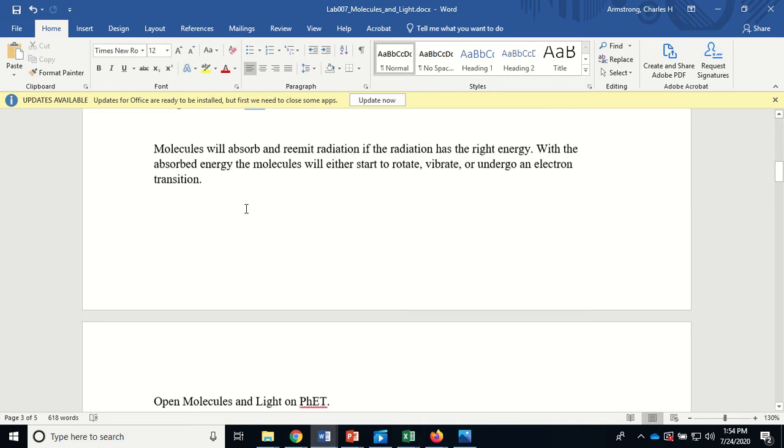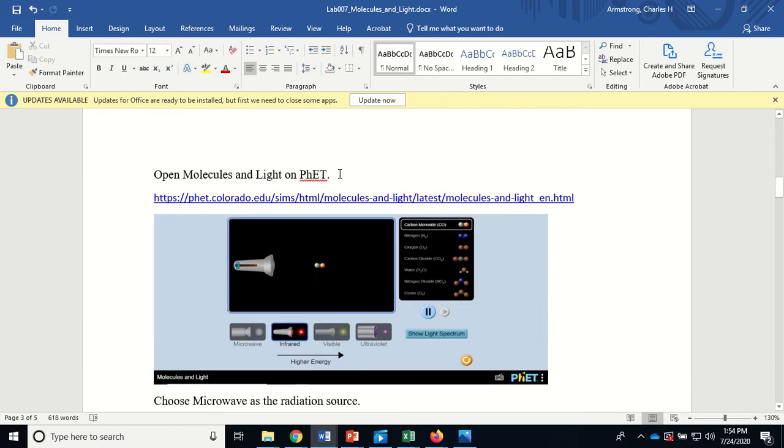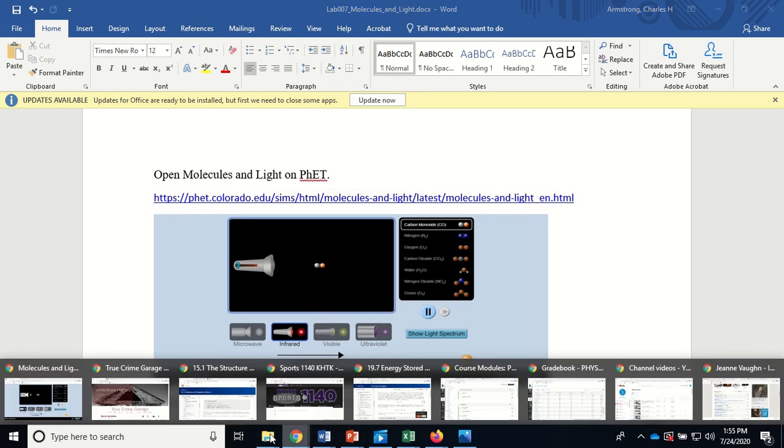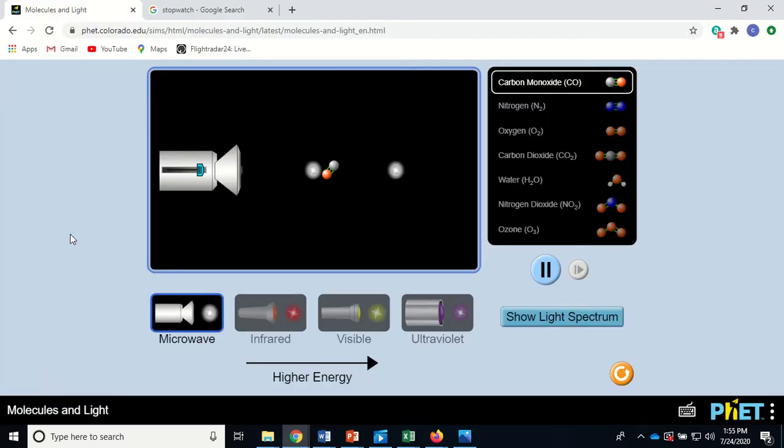So what we're going to do is we're going to go use PhET, molecules and light. The link is right there. So what you have to do is click that. And when you do, you should get this. Okay, so